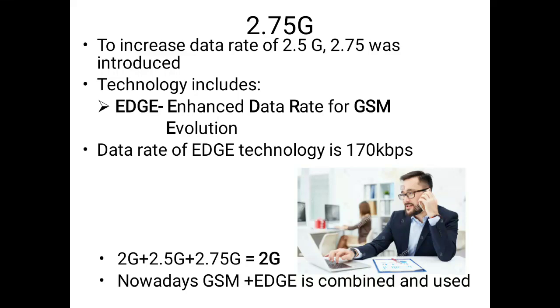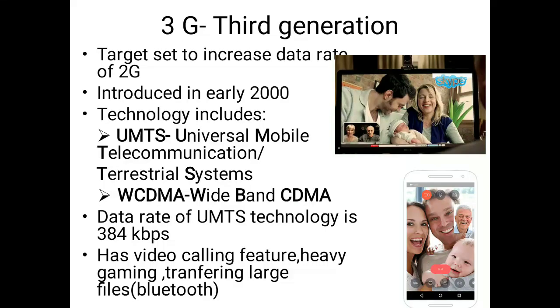So coming to third generation, with the target to increase the data rate of 2G, this third generation was introduced in the early 2000s. Here the technologies used are UMTS and WCDMA. UMTS is nothing but Universal Mobile Telecommunication Systems. The data rate of UMTS is increased to 384 kbps. It has different features including video calling, heavy gaming, transferring large files between devices via Bluetooth, etc. So next coming should be 4G, but there is an intermediate 3.5G